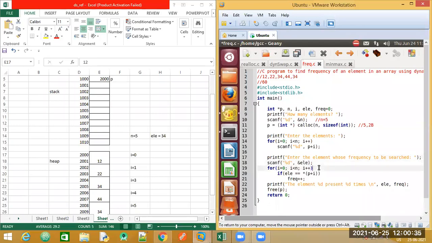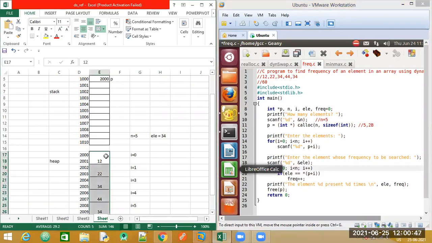Now the next thing is we have made use of a for loop. What our task is going to be with this loop is, when I is equal to 0, we are at this particular location. So our task is what now? With the element 34, we are going to compare all the elements that are present in our array. I'll repeat once again. We have made use of a for loop here so that we are able to traverse through all these locations.